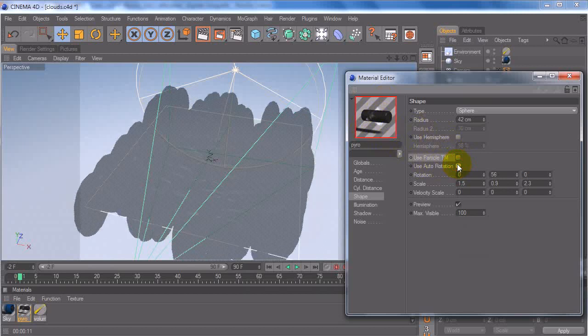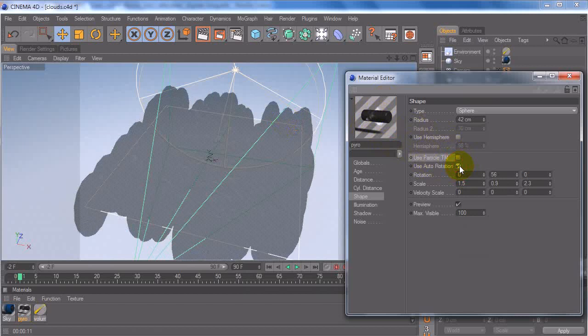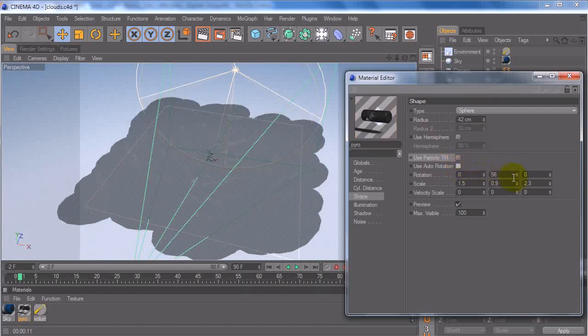But if our particles aren't actually moving and they're just spinning in place, you're not actually going to get an effect. It doesn't take into account the position. So make sure your particles are moving if you're going to use auto rotation. We also have rotation, which if we just mess with that, it's heading, pitch, and